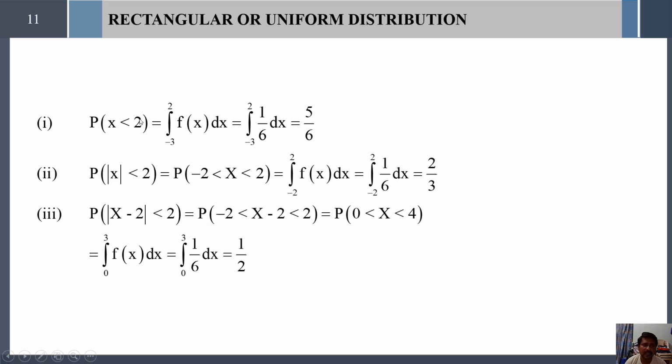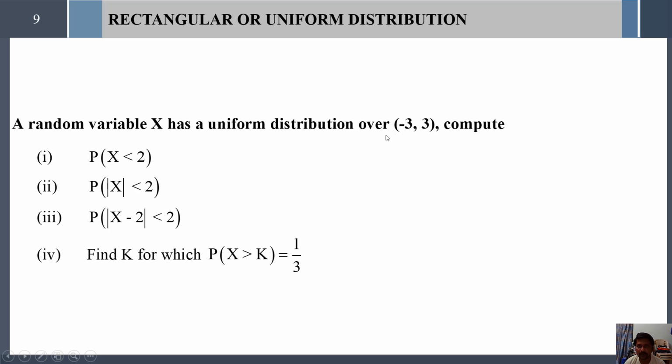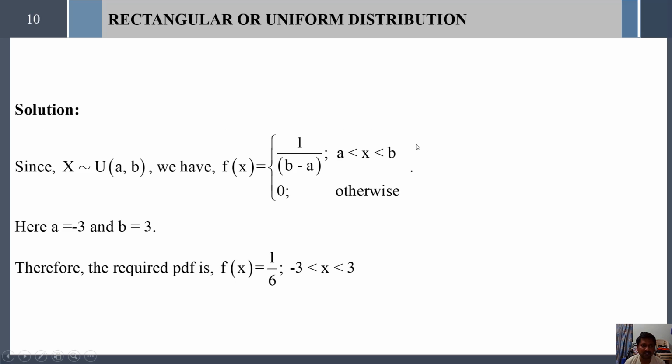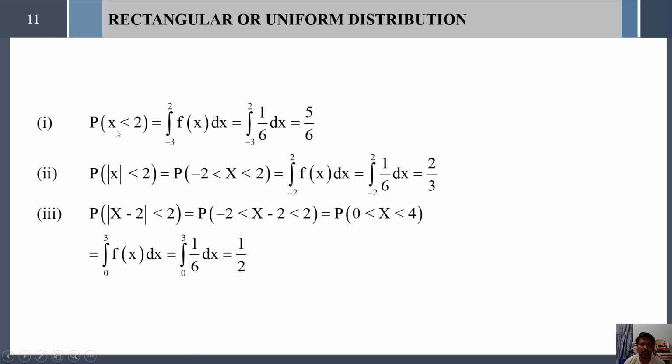So you see here, the upper limit of x has been restricted. The lower limit, from the defined interval we have to take the lower limit. From the defined interval, the lower limit is -3 and the upper limit is +3. Keep this in mind. Therefore, probability of x less than 2, the upper limit has been restricted and the lower limit is common, the defined lower limit. So integral -3 to 2 of f of x equal to 1 by 6, and you integrate this factor, then we can get 5 divided by 6 easily.